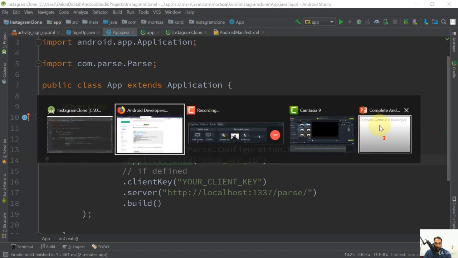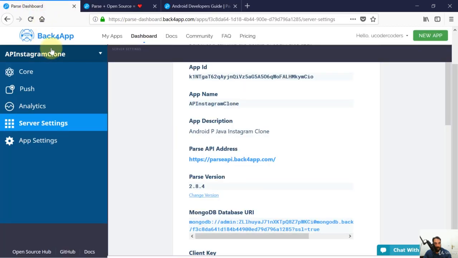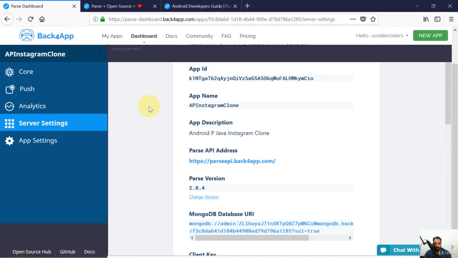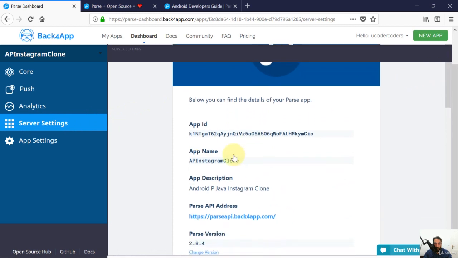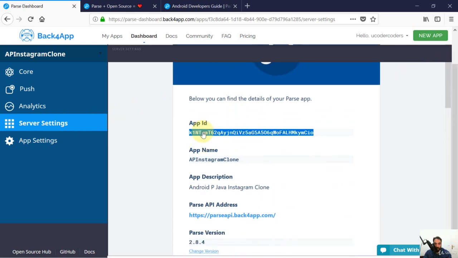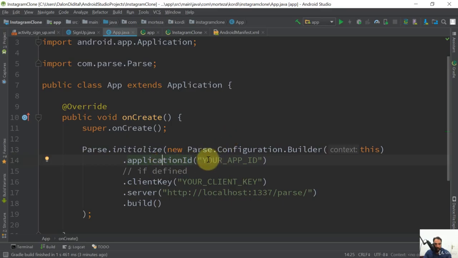So let's go to our Back4App website. Here, Back4App, and here it is our application. Let's go ahead and click on Server Settings, and then here you can see the settings. So here, this is our app ID. I'm just gonna right click on it, copy, and then paste it inside the codes for the application